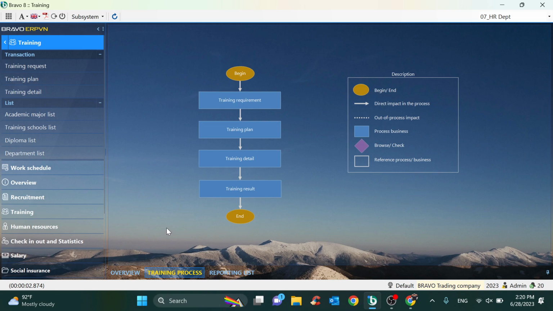Currently, the software is used to manage the training process. Like we will record the training requirements of each department, create the training plan with detailed information about the training subject, the content, the intended time,